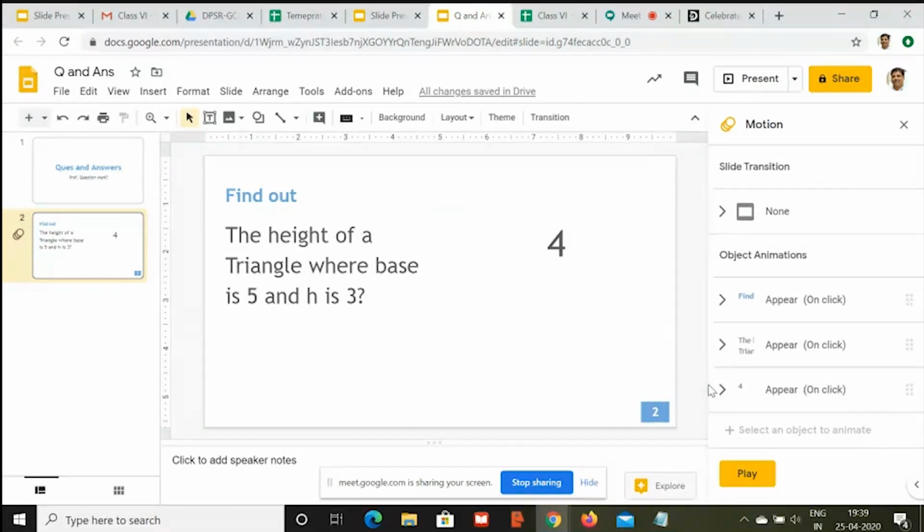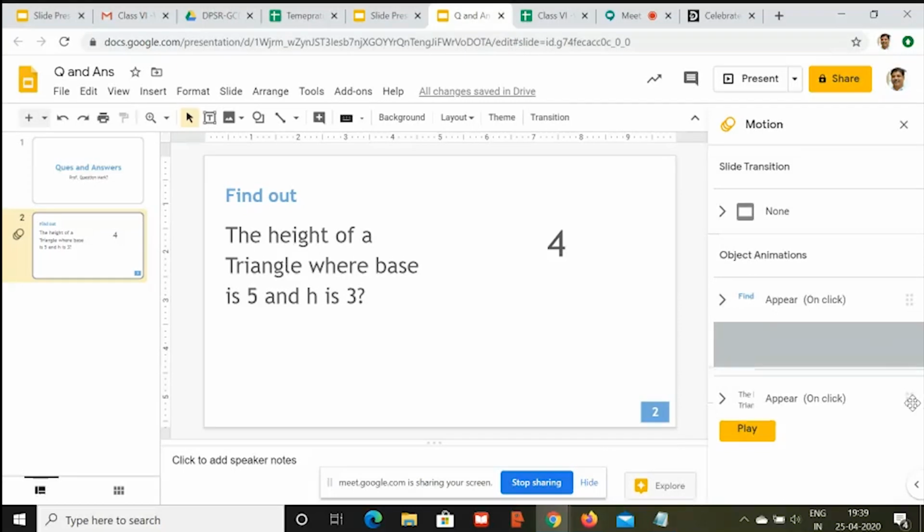Now, which will come first and which will come later will be decision of this order. Just see, find is the first thing coming in, the triangle is coming the second, and 4 is coming as the third. If you want this 4 to come before, I'll just move it above. But I want this to be later, so I'll move it down.